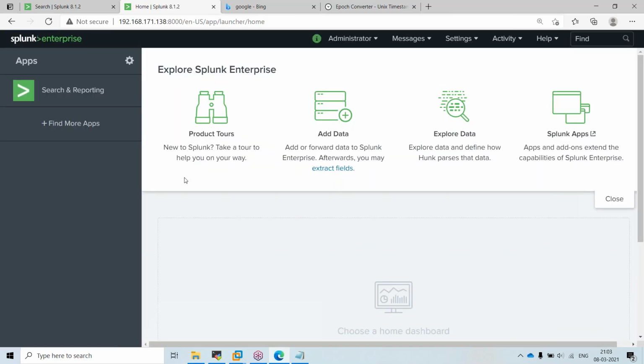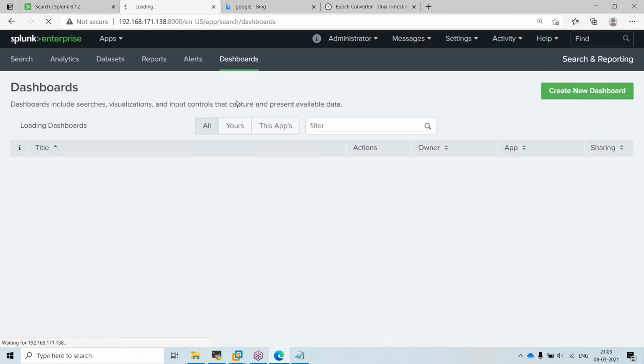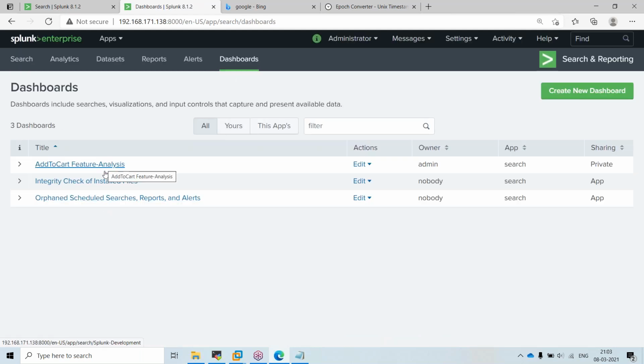I don't want to delete this, but if I give this dashboard to you and you import it, you will get it. I will tell you how to extrapolate and all those. Maybe tomorrow or the day after tomorrow, just remind me.